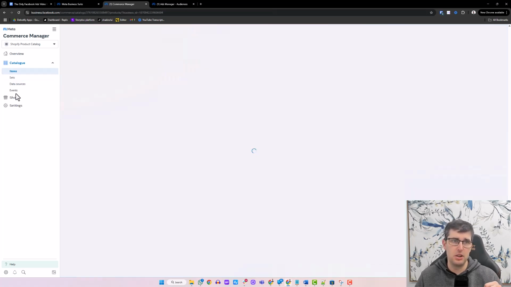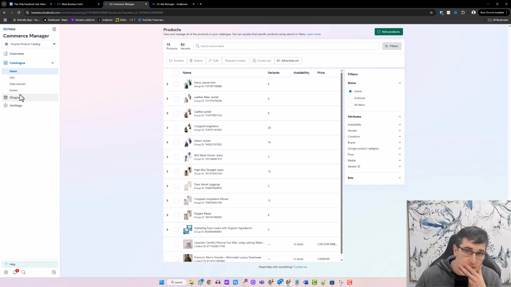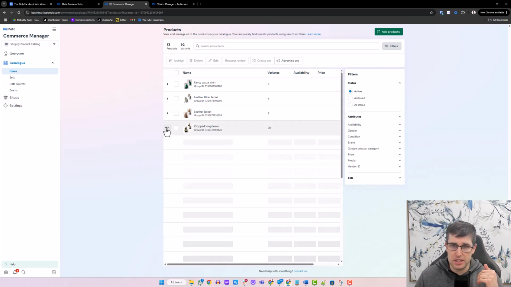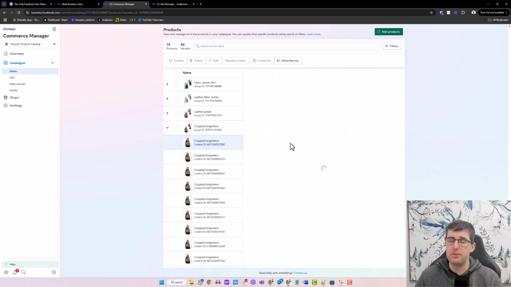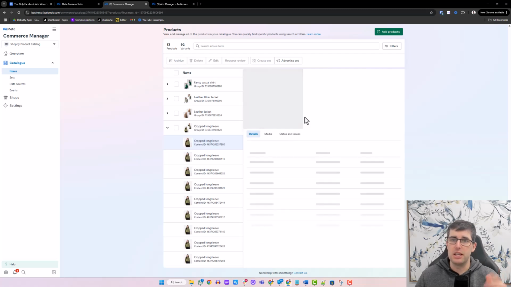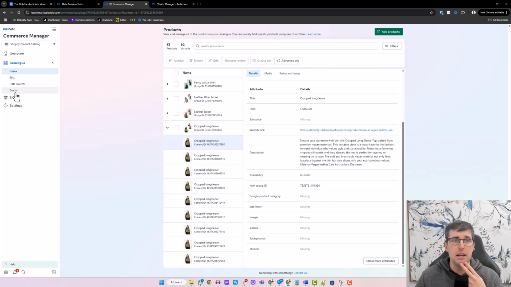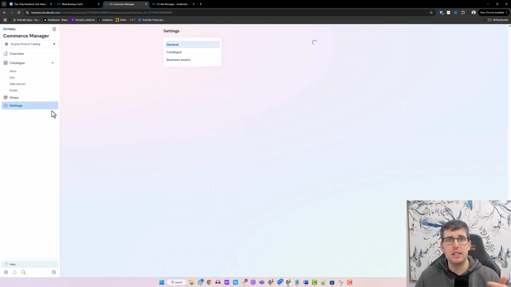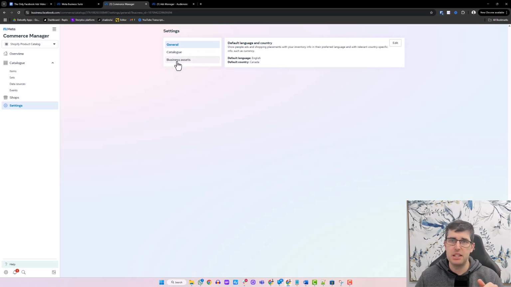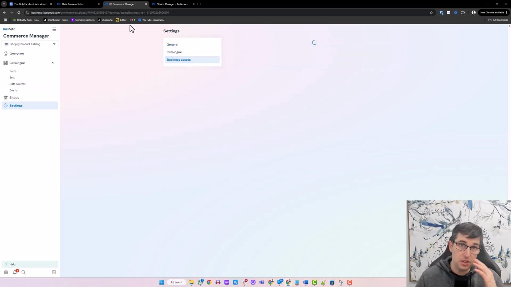I don't know why that's not loading. There we go. So where you can see all the details, and this is all pulled from Shopify. If you open up any of these, you'll see all the details, click it and you can see Shopify, all of that. So if we have a look under settings, you can change a number of these. Again, don't need to worry too much about that, if I'm to be honest with you.